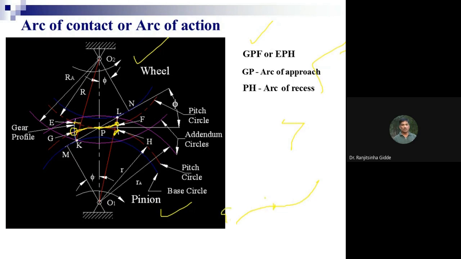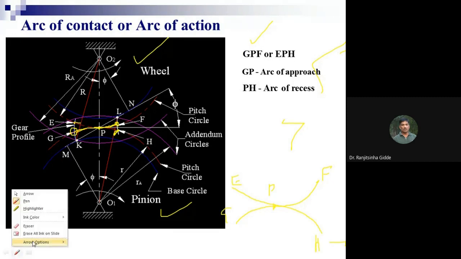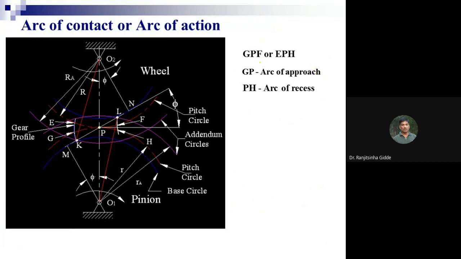Here G, P and F, or we can have here E, P and H. Okay, write down this GPF or EPH. GP is arc of approach and PH is